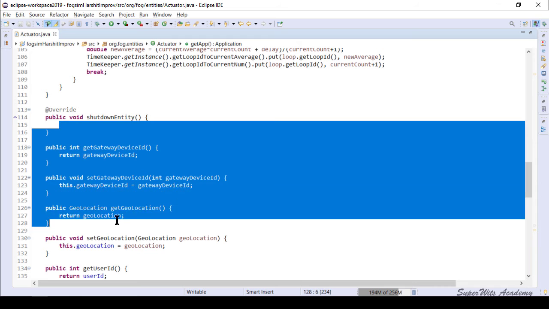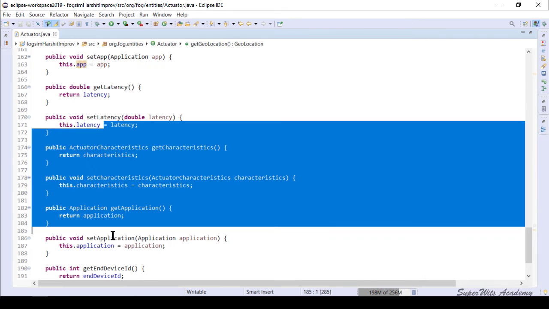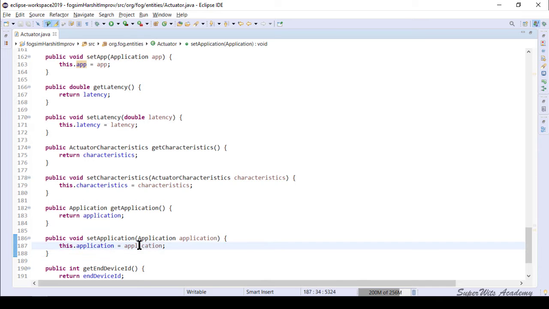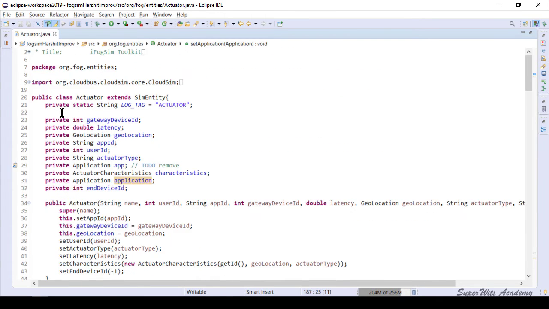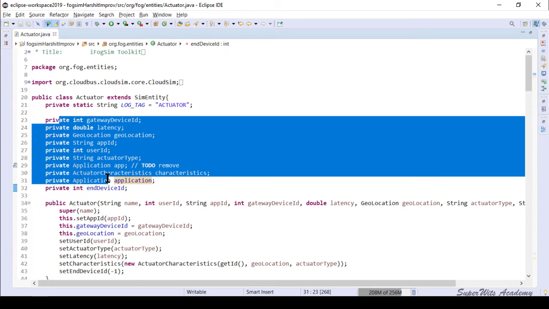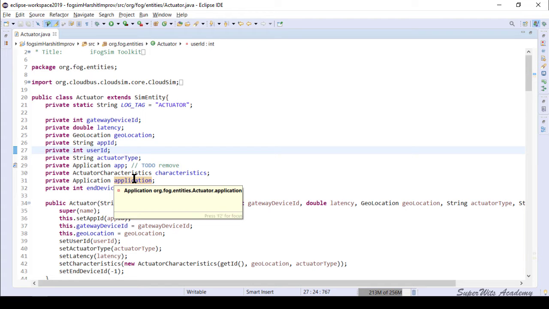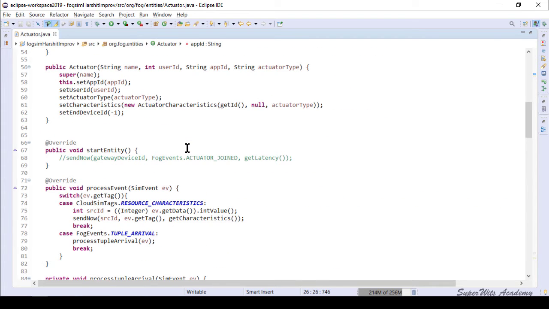Get methods return the values, whereas set methods assign the parameter to the private variable. Now why has this been done? Because these are private variables and we cannot access them directly by using the instance. So just to have an added layer of security, so that accidental access to this particular variable does not happen, that is the reason we are using set and get methods here.